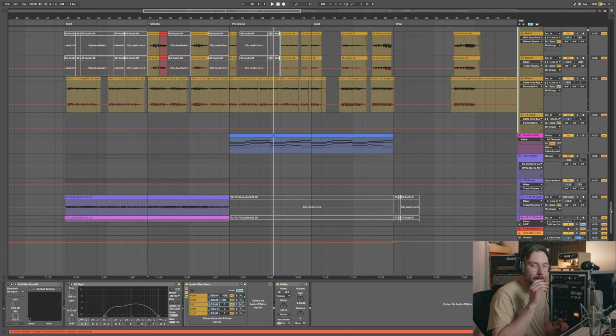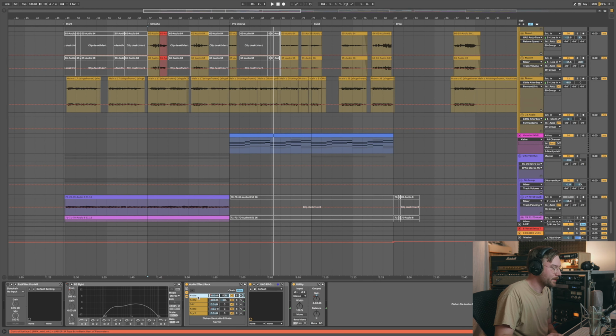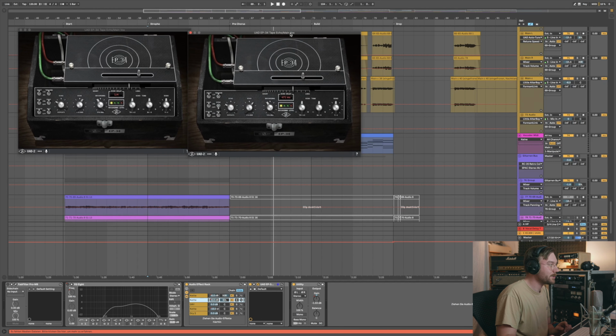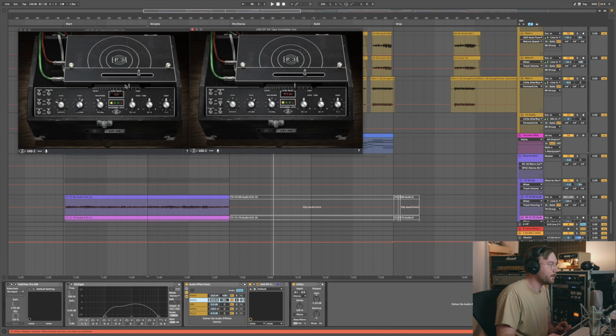So, I didn't mention this. Sorry. The trick here is the EP34 is mono, but you can use it in stereo. If you duplicate them, have two tracks, one left, one right, in the group in Ableton here. This is the track. Have an audio effect rack. Duplicate these, set them to wet. One left, one right, and then what you do is you change up the